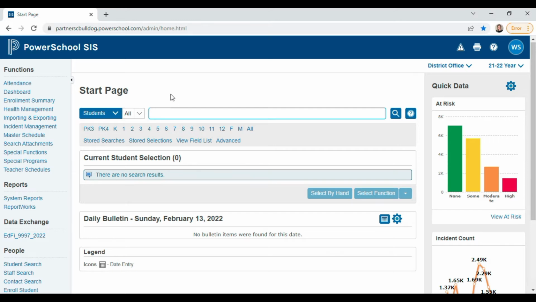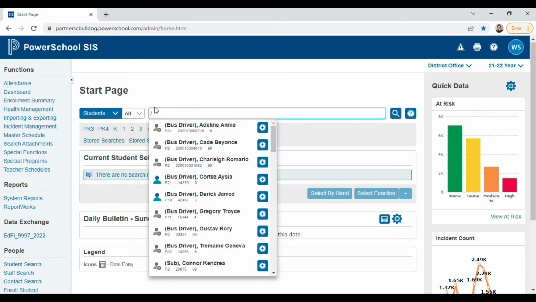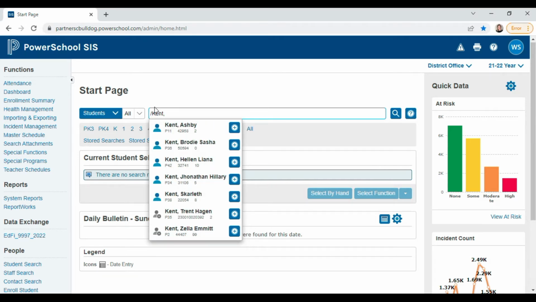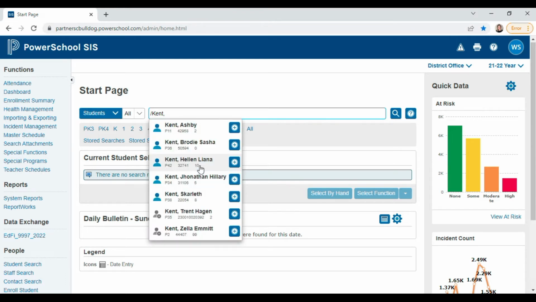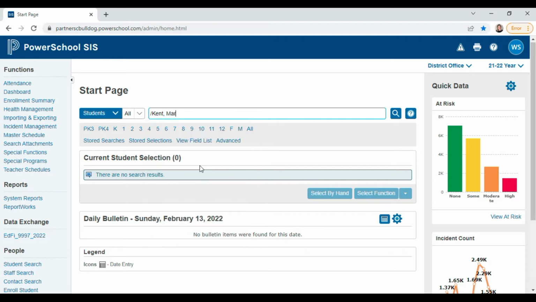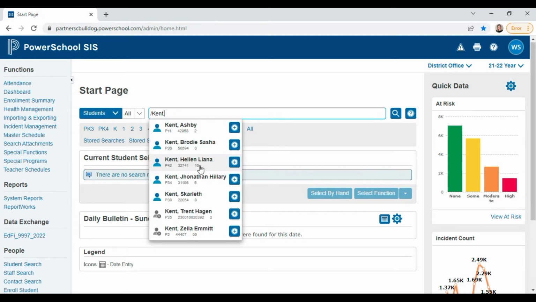So I'm going to make up a name for an imaginary student and see if that student is in the district. So I'll go ahead and search for the student, beginning with my /, and the student's name is Britt Kent. So I'll start with Kent, the last name. All right, and I have some other students appearing here who have that last name, but I don't see Britt. I can try looking for that. Okay, sure enough, nope. And I actually happen to know that this student has a legal first name of Marie. So I can search for that too, just to be sure. But again, it appears that I can go ahead and enroll that student.